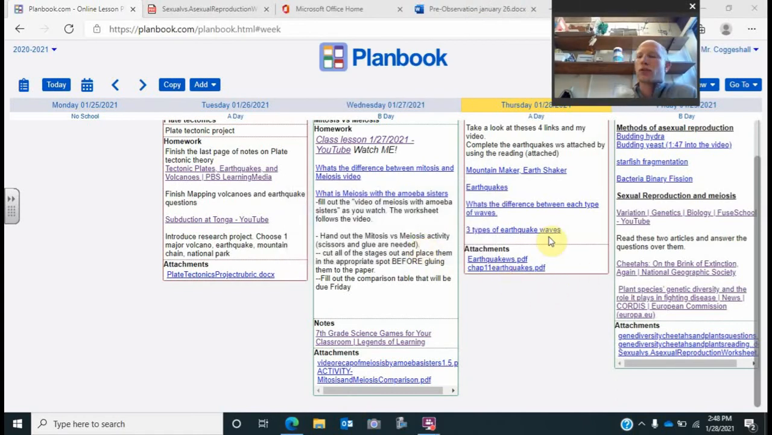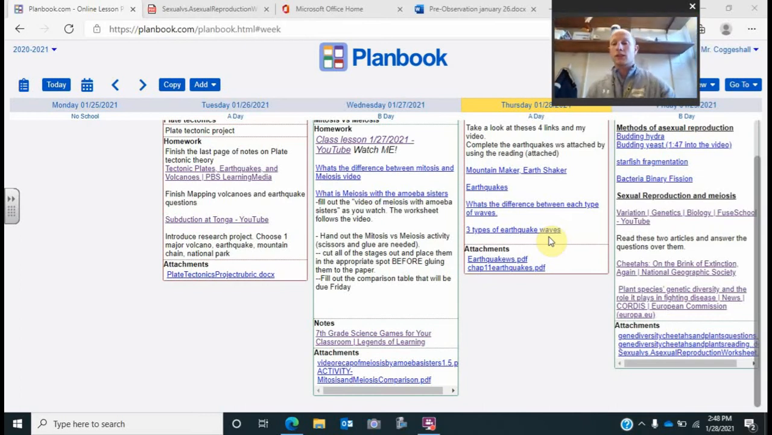Today we're going over earthquakes. So I just kind of wanted to do a mini lesson. There's not much that's really going on in this lesson other than, like I said, earthquakes. This is going to build up to